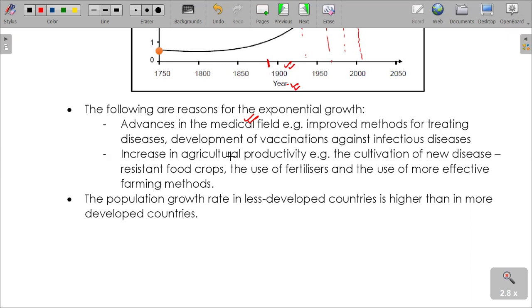There is increase in agricultural production or productivity, for example, the cultivation of new disease-resistant crops. Agricultural production promoted population growth as a result of provision of healthy food. People could have enough food or food security, which could be achieved through the use of fertilizers and more effective farming methods, which also balances the population growth versus the food availability, which eventually at the end of the day